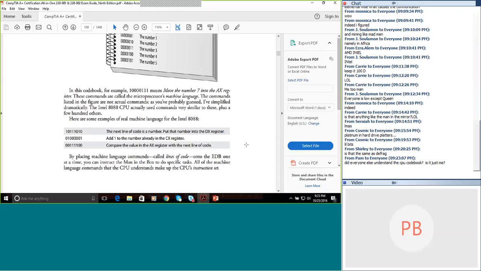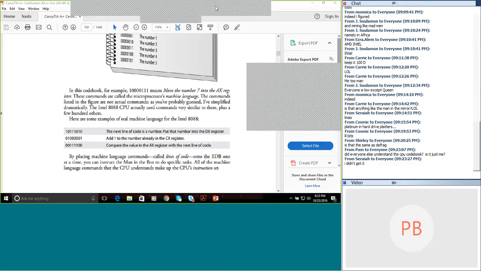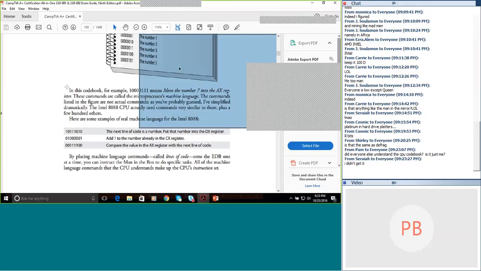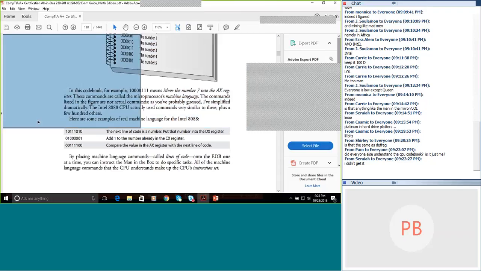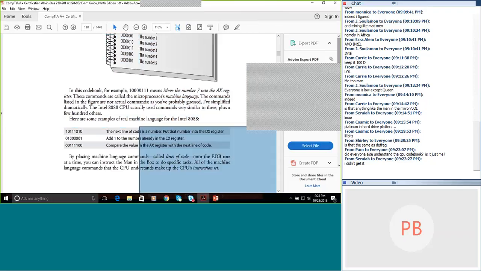Okay, Mojo, this is Pam. I just sent a note. The CPU code book, is that important to know for the exam? Because there's no real CPU code book. Not just that example, but in general, just understanding binary enough, because none of that makes sense to me. The only thing that we need to understand about binary is that